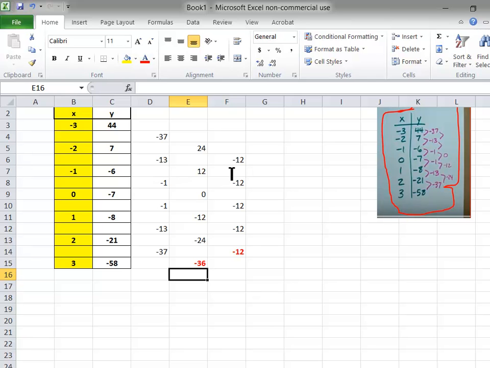And now I'd add the negative 37 and the negative 36, and I got equals negative 37 minus 36. I've got negative 73, and now I got one more to go here, and that would be